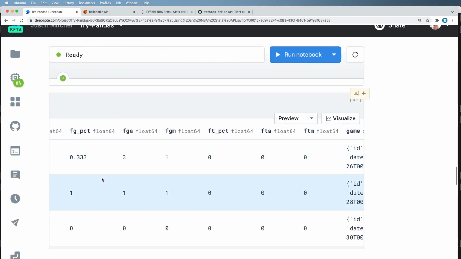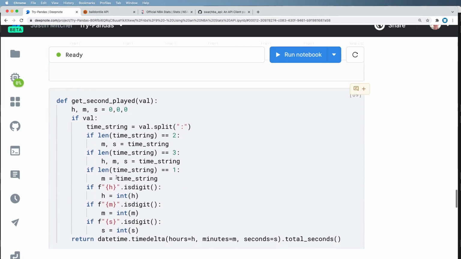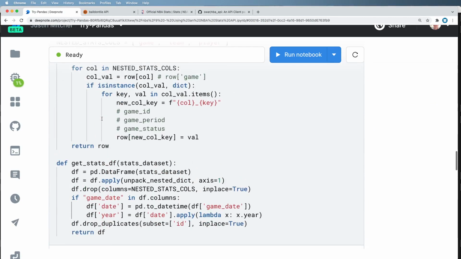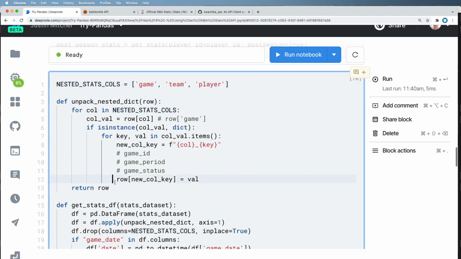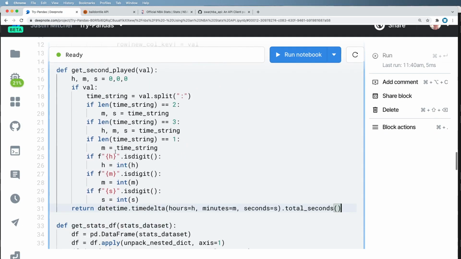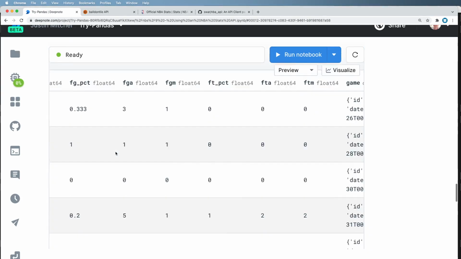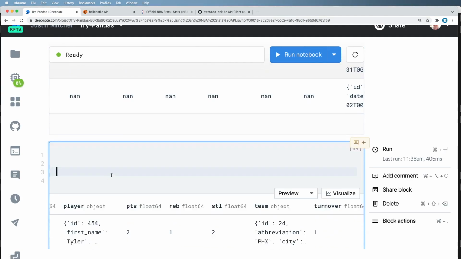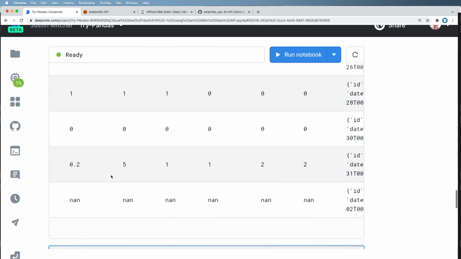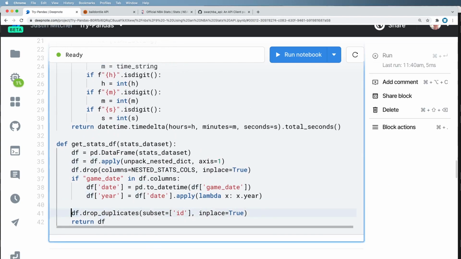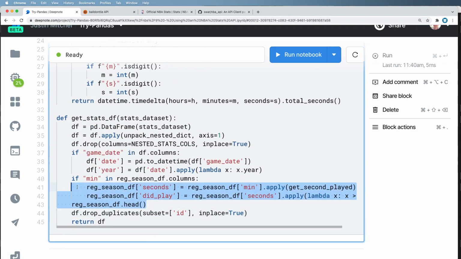And let's go ahead and scroll down a bit and see what the next thing is. We've got this get seconds played function. So I'm going to go ahead and cut this and paste it right underneath my nested dictionary unpacking. Okay, straightforward function, hopefully. It probably could be cleaned up, but we'll leave it in. Next, of course, is the minutes part. And that's probably all I really need for an effective method for extracting our data